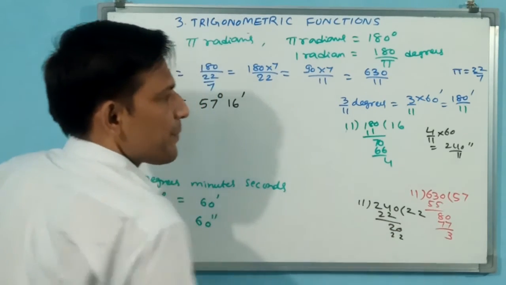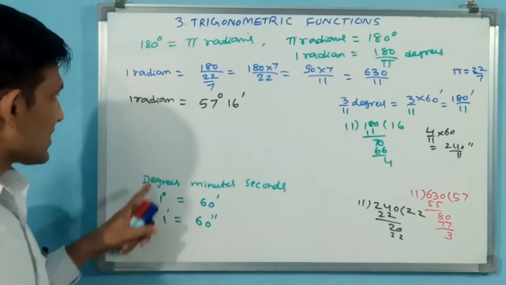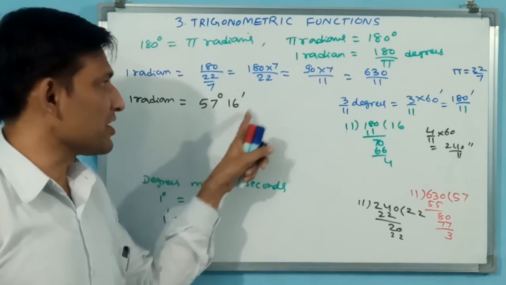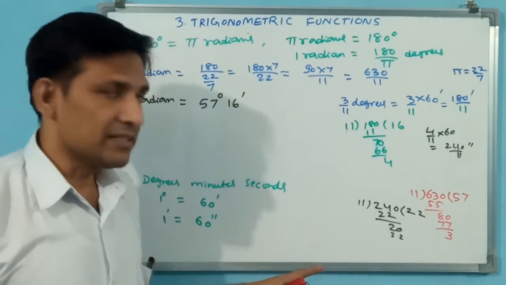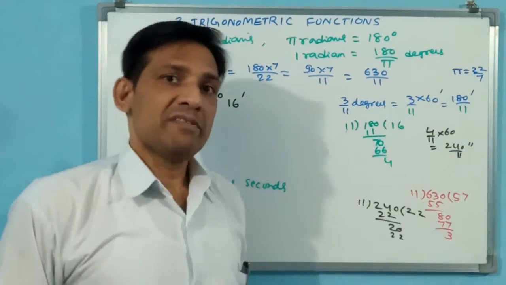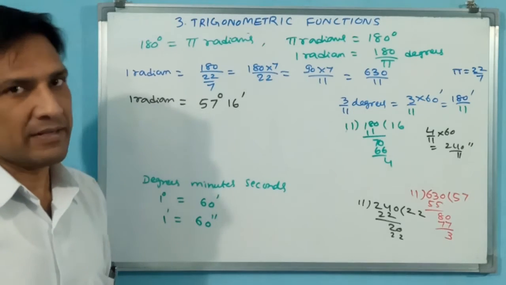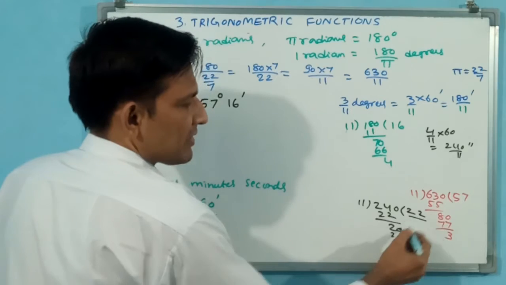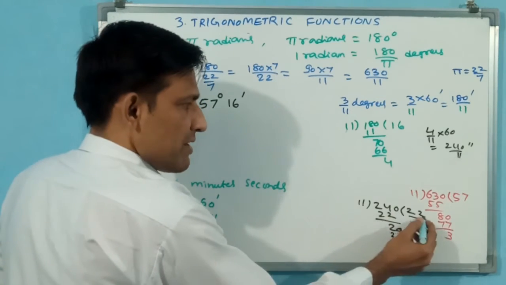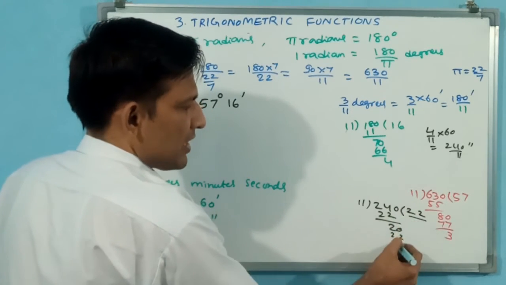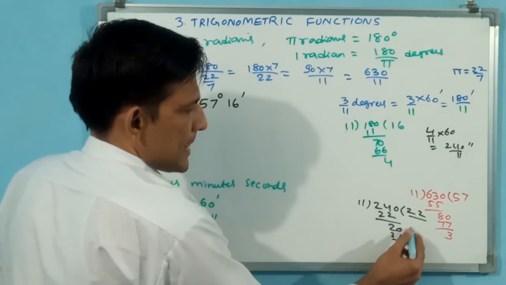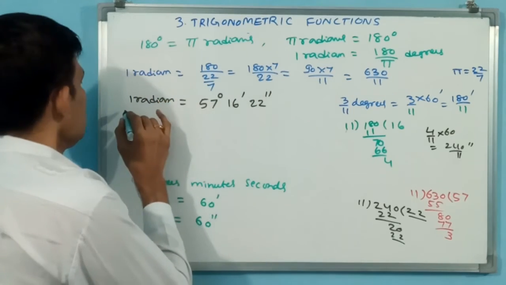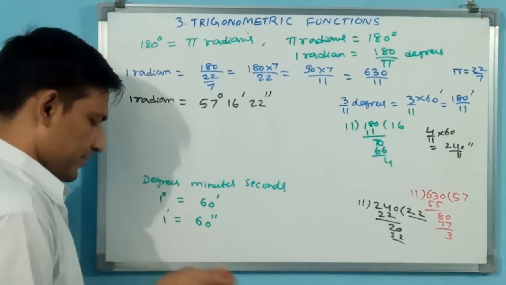Why? Because, see, first you have to understand that these are up to seconds. Approximation you can do in degrees, minutes, seconds. The second one, pi is 22 by 7, approximately we have taken. That is not the exact figure. That is why we can make it round. Actually 11 ones, or 11, will come, but you can make it a round figure, 22. 11 twos are 22. Okay. Then you can write here 22 seconds. This figure you have to keep in mind.